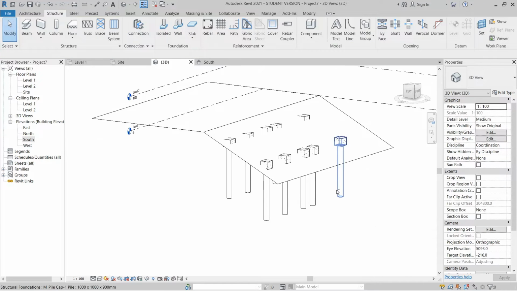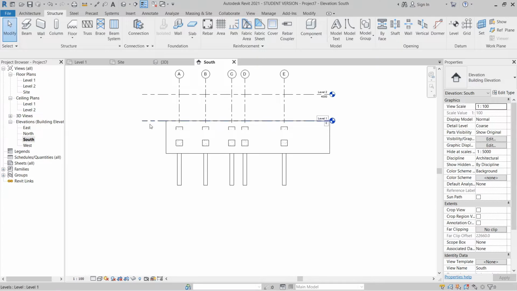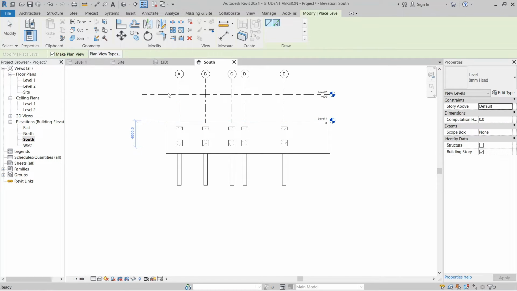So now I want to add another level. First, go to my south elevation here, select my level here, then you see CS again for create similar, pick a line and pick. Okay, so this one I'm going to offset for minus 2925.